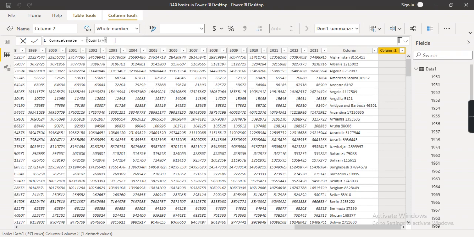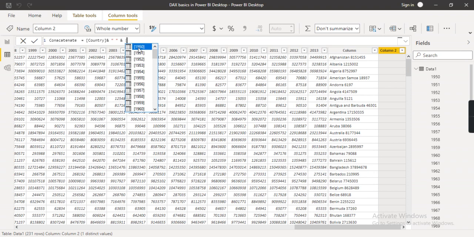Then we will use this ampersand to concatenate and give the space in between, then ampersand, then again open bracket, and we have to add this column with that country column.